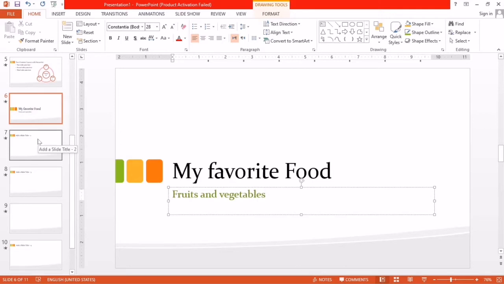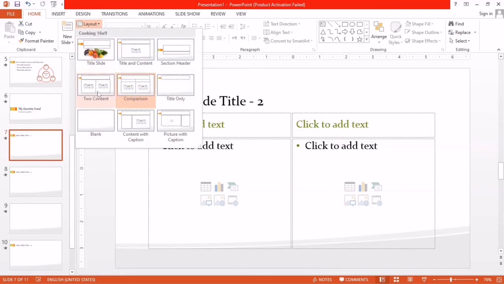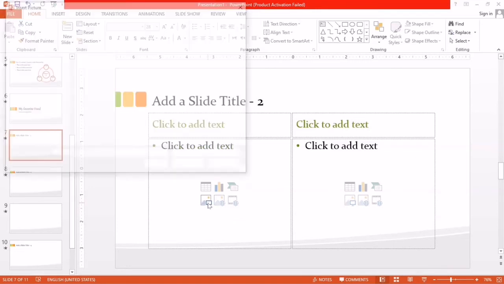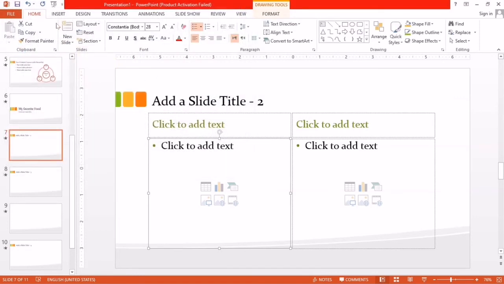Okay, after this, in the next slide, slide number 7, here you can see this shape is already selected like this one, or if you want to change this, you can select Page Layout from here and change the layout, or otherwise no problem. Click to add text, here you can insert text, or you can select any picture. Here from below you can see some picture options. So if you want to select any picture which is already in your computer, you can select it from here. Okay, but I don't click this one.